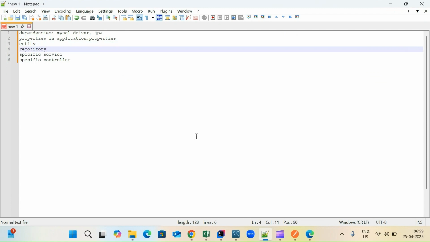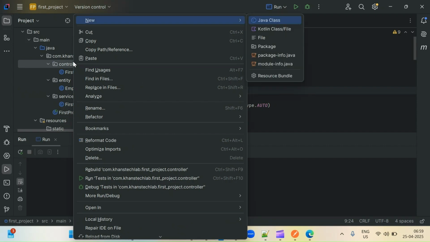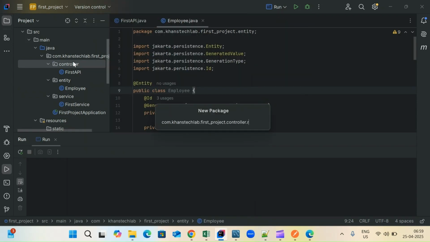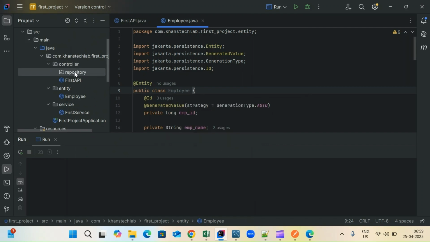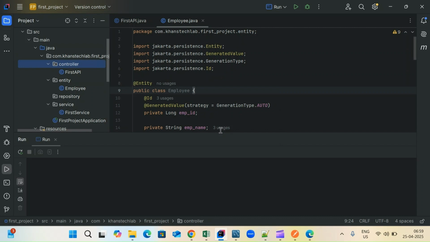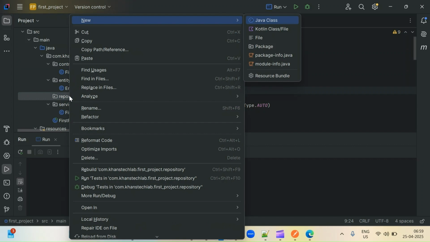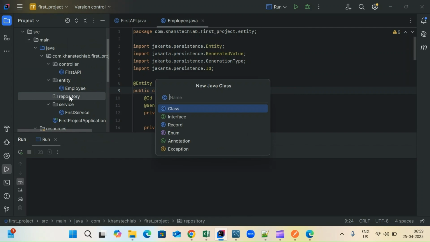Now we need a repository. I will create a package called repository, and sorry, I think it got created inside the controller. I will move it to the parent folder. So we have a package called repository. I will create a class, EmployeeRepository,